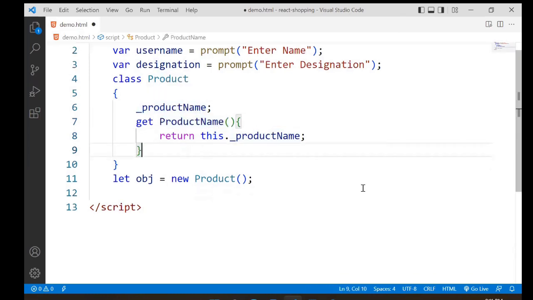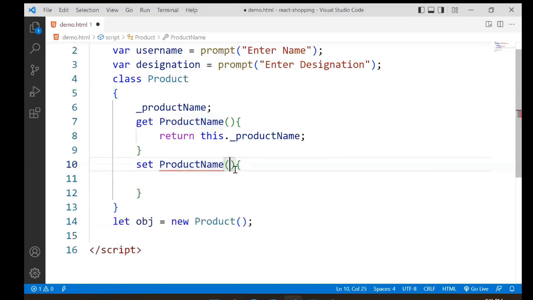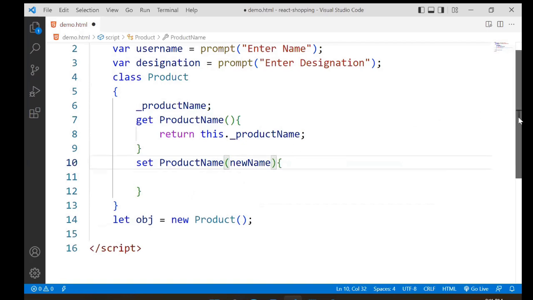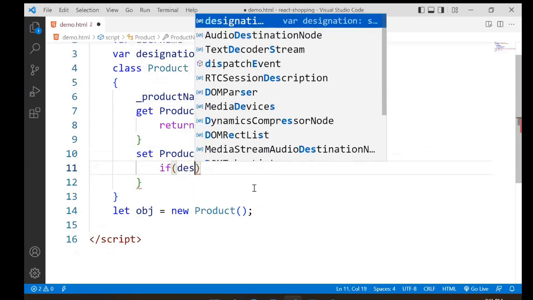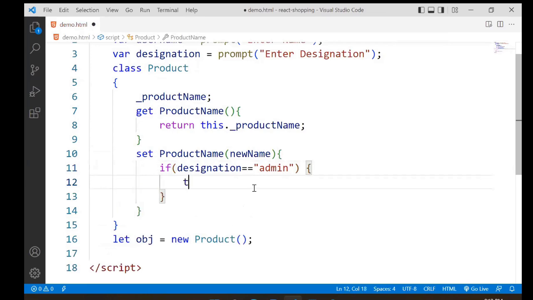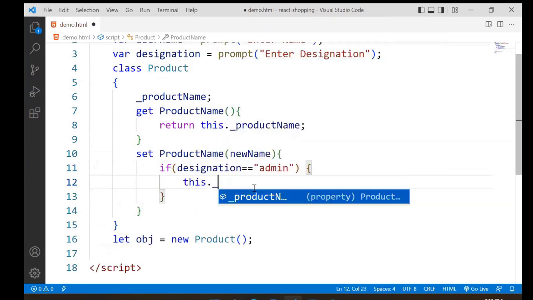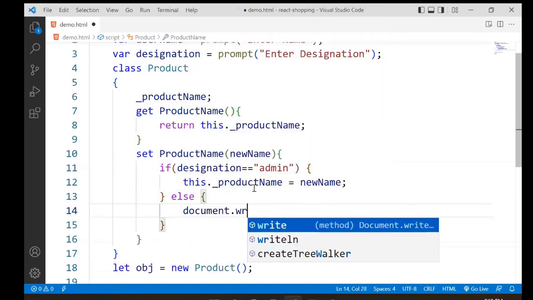So that's okay. Now what should happen here is, we will put a setter. Getter is for reading, setter is for storing, assigning. I will use a setter, productName, and what this setter has to do is take a new name and store that name inside this. That means I am just verifying if designation is equal to admin. If designation is equal to admin, then only allow this dot underscore productName to set the new name. Whatever new name you entered, it is allowed to store only when designation is admin. Otherwise, you just display a message saying that